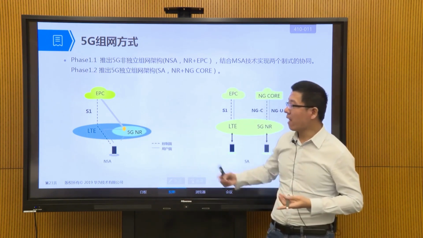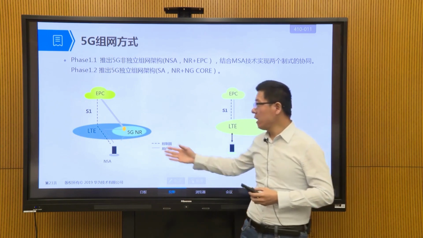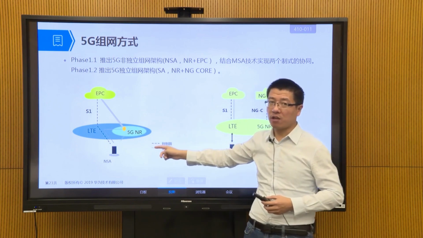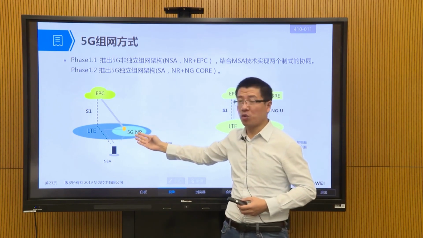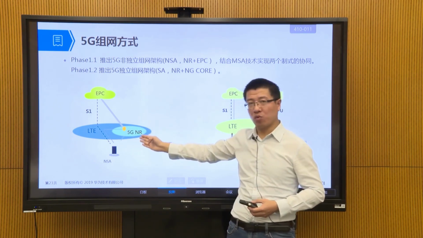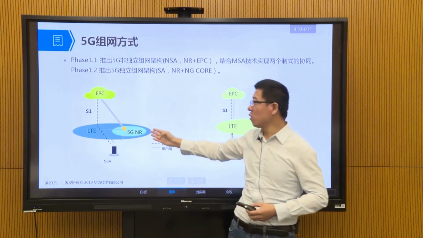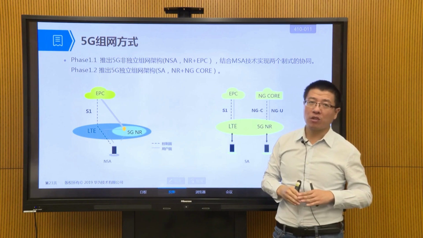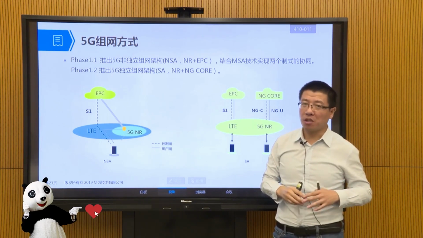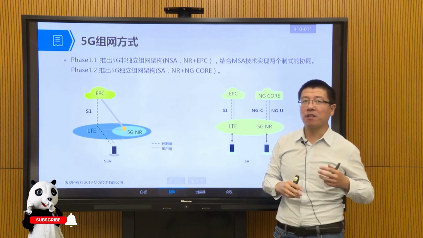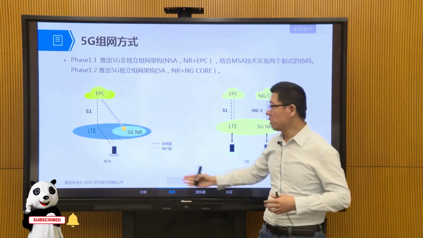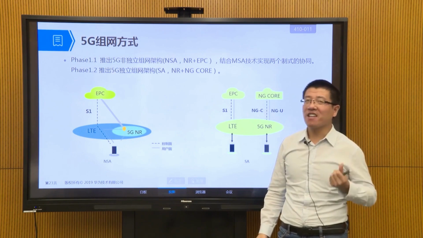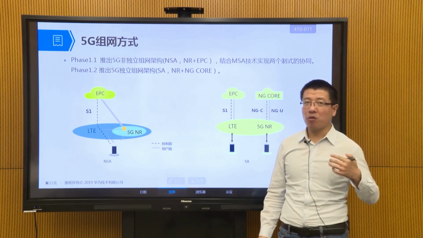To quickly complete the construction of the 5G network, I only need to deploy a small number of 5G sites in some hotspot areas to let it access the existing 4G network. In this way, I can quickly complete the deployment of 5G and quickly provide some eMBB scenario services. This is the commercial value brought by our non-standalone networking. It can help operators quickly build networks and quickly gain brand competitiveness, but its characteristic is that it does